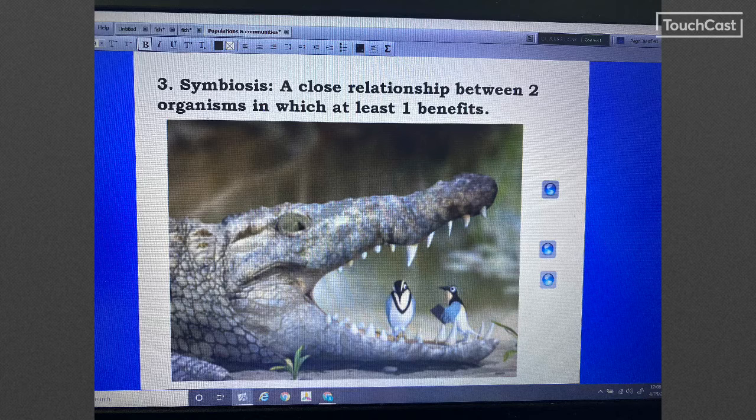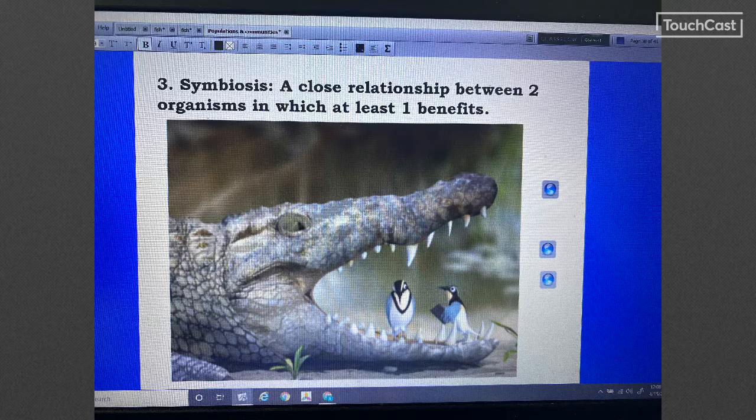Symbiosis is a relationship that you're going to be watching those videos. You see, I have 3 videos, and there'll be a 4th one on the other slide. So Monday, you're going to watch 3 videos on these 4 videos on the relationships animals have. And then you're going to have a Google form question on those videos. So pay attention to these notes, especially because they're also going to help you on your Google form quiz. Not only will the videos help you, but listening to these notes and taking notes will help you on your